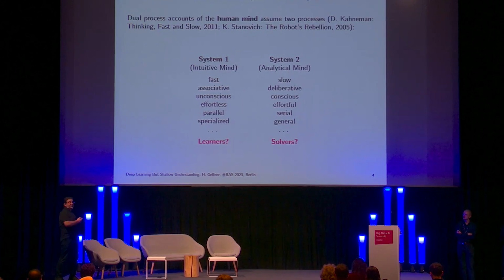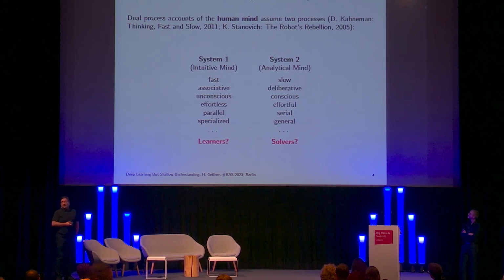On the other hand, system 2 does reasoning. These days I say this sort of activity is getting out of fashion, but somebody has to do it, the thinking. So this takes effort, takes some education, you have to pay attention to what you're doing, so you cannot do it in parallel, you use the memory that you have, and so on. And in some sense, this is related to what solvers do.